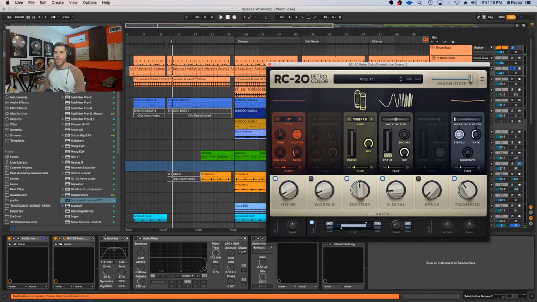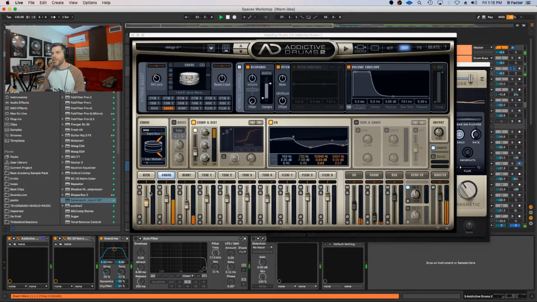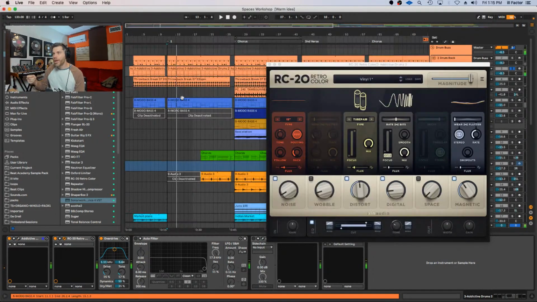That's cool. And now we can add the overdrive to really give some of the texture on the high mids. I'm going to go to the snare, and I'm going to give a little bit more snare from the bottom mic. That's going to help it go through. And then a simple filter will go a long way as well, because I'm just shaving off everything from 17 and, you know, anything beyond that.